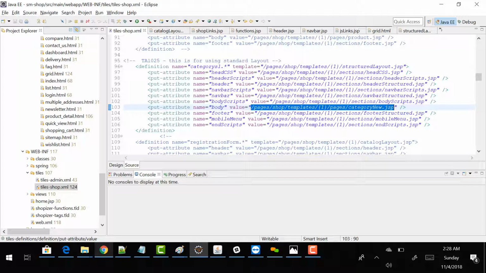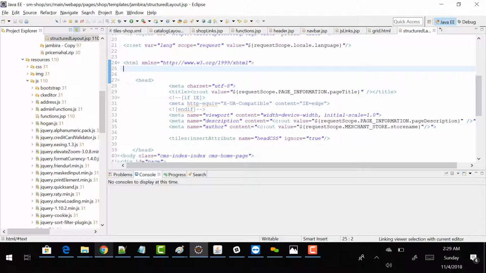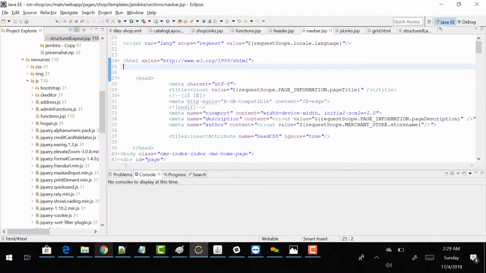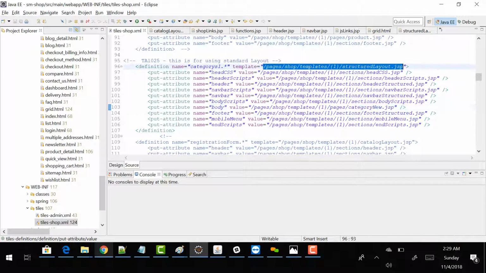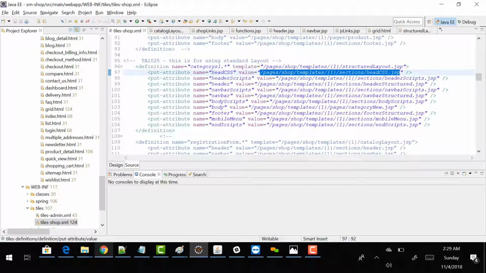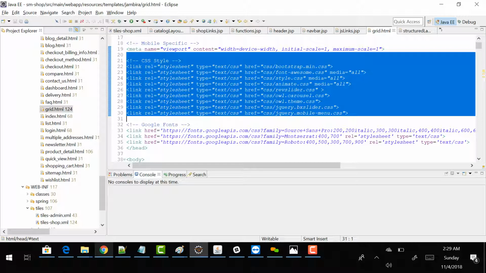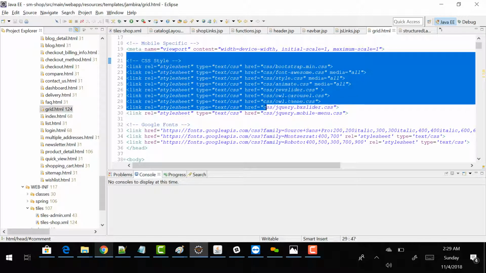Okay, now this grid.html code, the complete code, has to go in the structure layout JSP and all these JSPs. Say, for example, head CSS JSP. Typically, it is recommended that the CSS file should go in the head section of the HTML. So that is why I placed this head CSS on top. Whatever styles are here in the HTML that we are trying to create the JSPs from will go